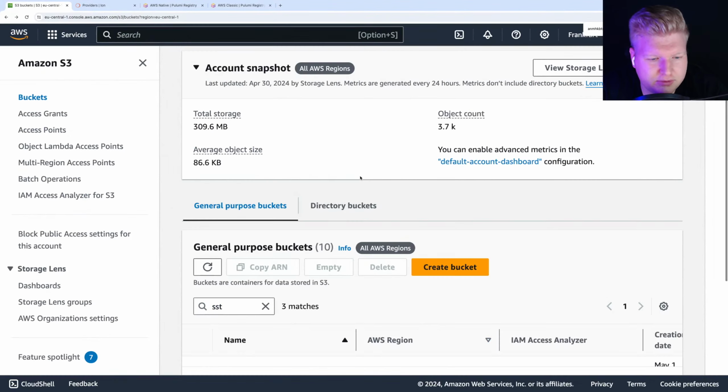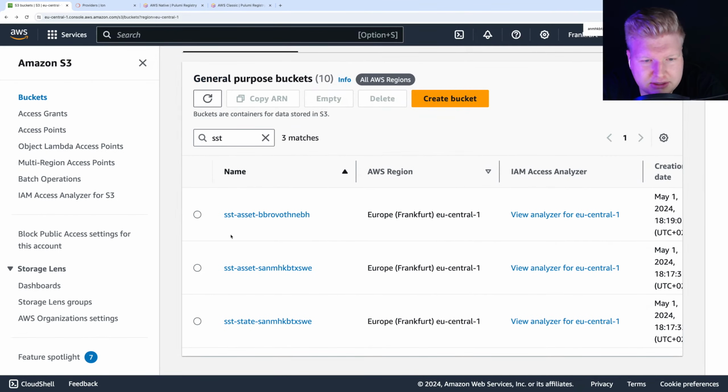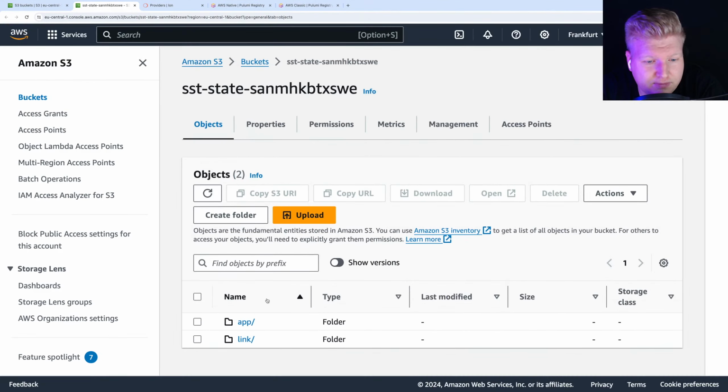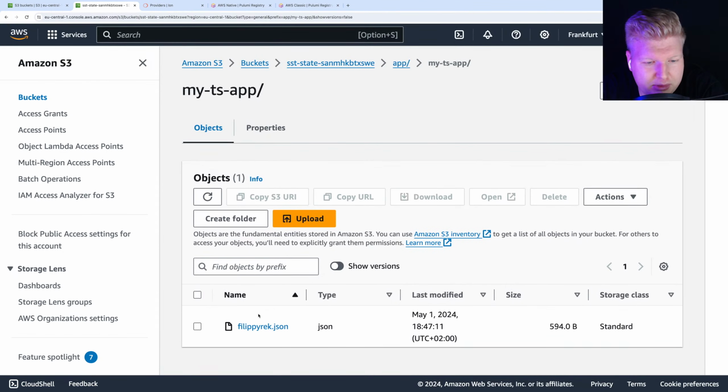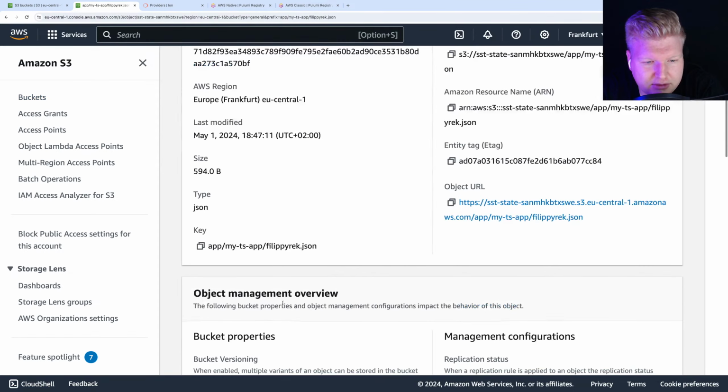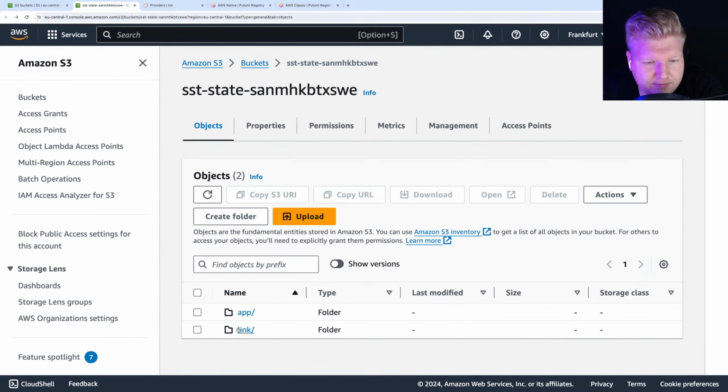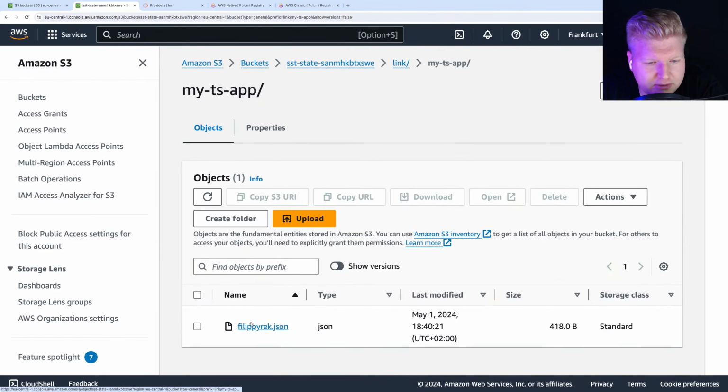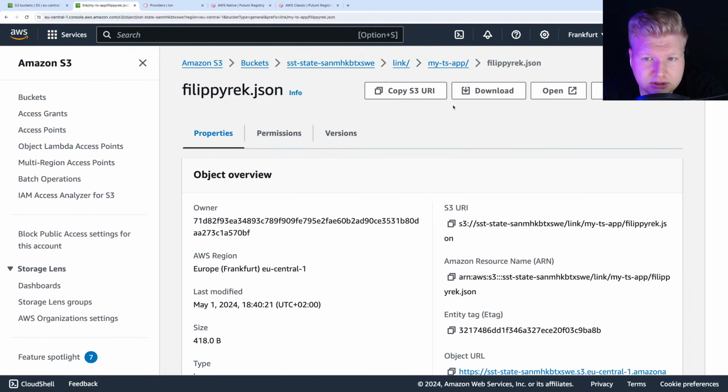I guess I can show you. So what do we have here? We have these buckets. It's SST assets with different suffixes, and SST state. If I open SST state, we can see we have here app with the state file defined here, and we have link, let's see what it does.